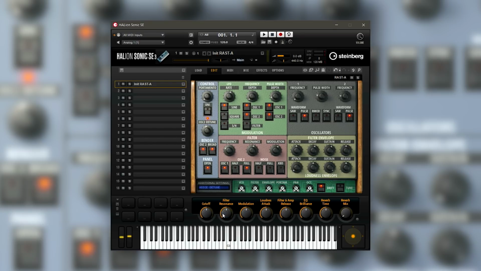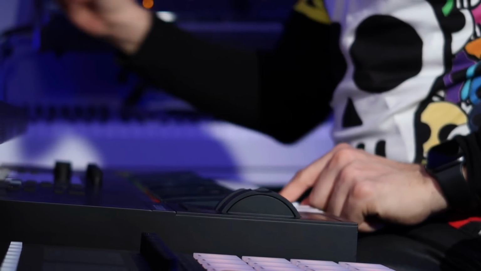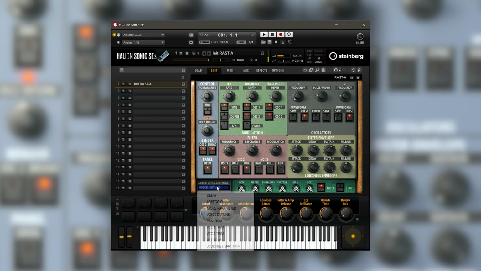So now let's try something else. Now I want to go and tweak those parameters right here in the panel. So I'm going to go to voice detune, okay? And this is where we can have control over all those cool things in RAST-A. For example, VCO variation, filter trim, envelope, portamento, all those things. So I'm going to play one single note. And just to give you a very, very clear idea, I'm going to turn off the delay so that the sound is completely dry. Okay, so let's go back to voice detune